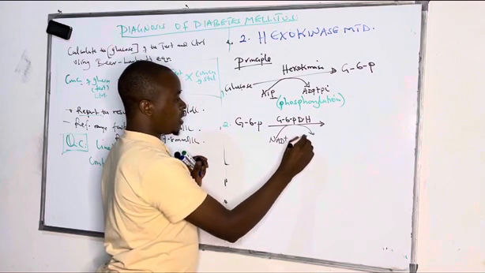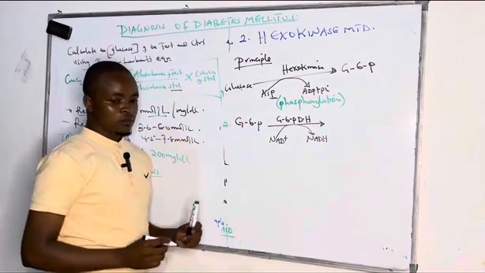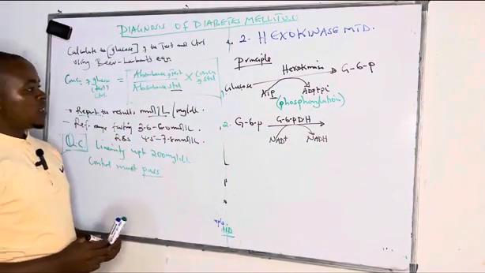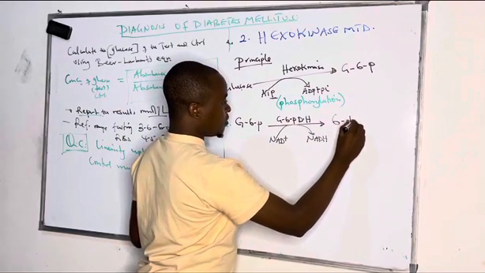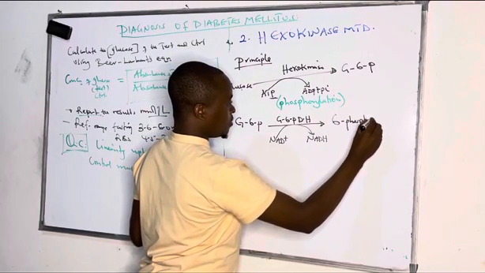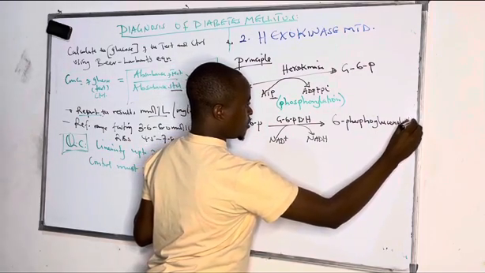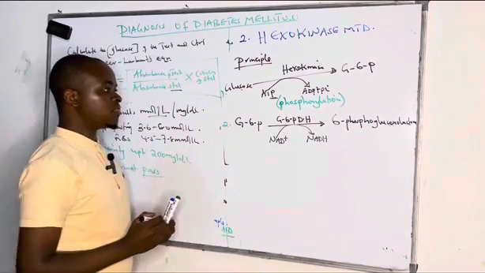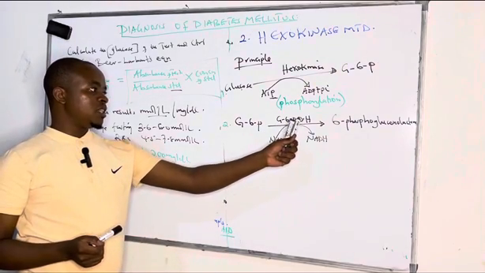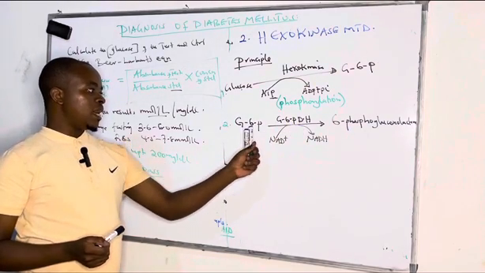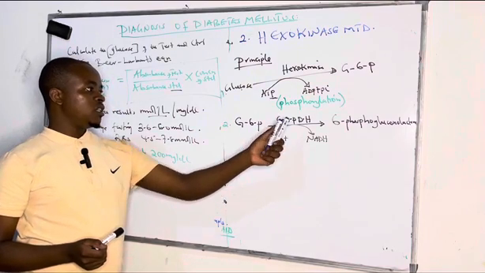That when we have NAD plus, we form NADH, and this one produces a compound known as 6-phosphogluconolactone. Phosphogluconolactone is formed whereby glucose 6-phosphate dehydrogenase catalyzes the reduction of glucose 6-phosphate to